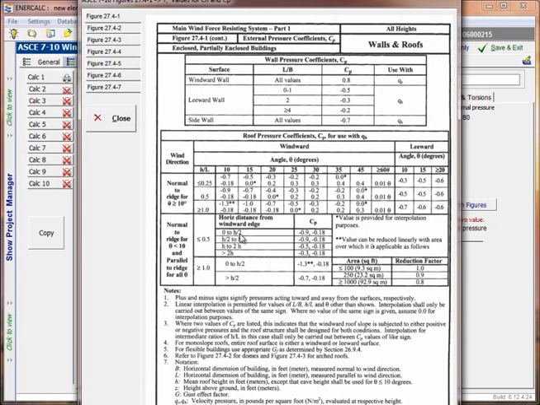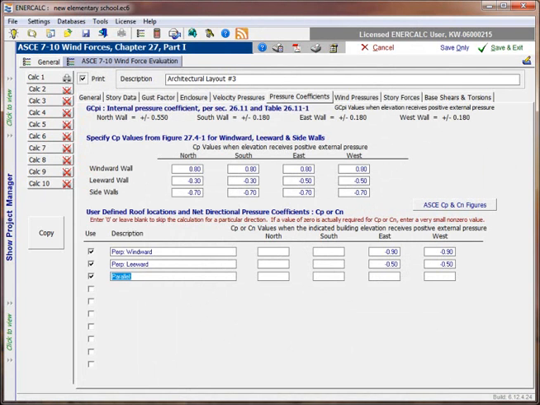And we can see that they haven't made things easy for us. They've actually varied the CP values as a function of the horizontal distance from the windward edge. So what I'm going to do is populate my table with minus 0.9, minus 0.9, minus 0.5, and minus 0.3 for CP values, just to be very thorough and to show you what you can do with the program. I'm actually going to jump over to a spreadsheet where I've typed some of this out already and do a little bit of copying and pasting here